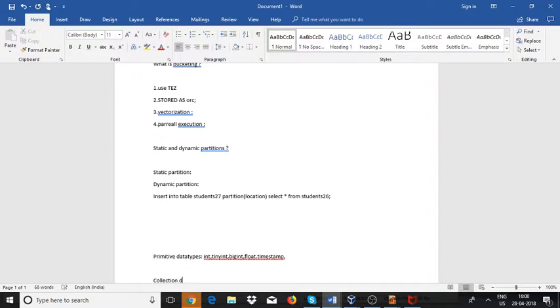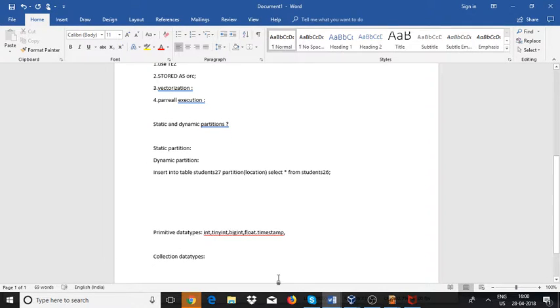So another data type is collection data types. This is very important. Okay, collection data types, there are three types of collection data types. One is array,